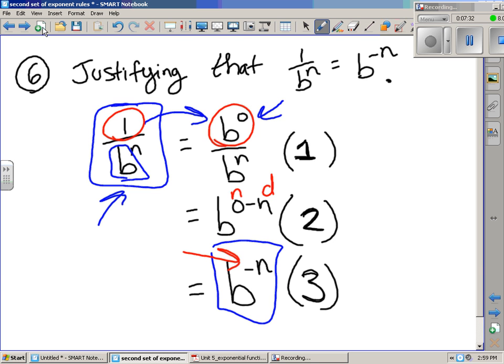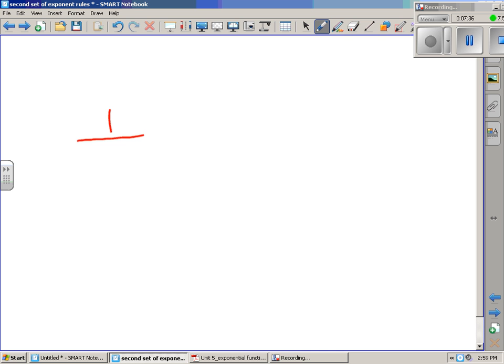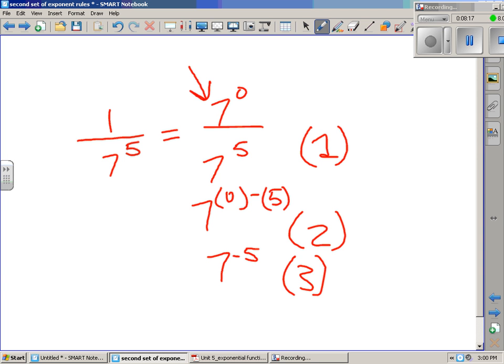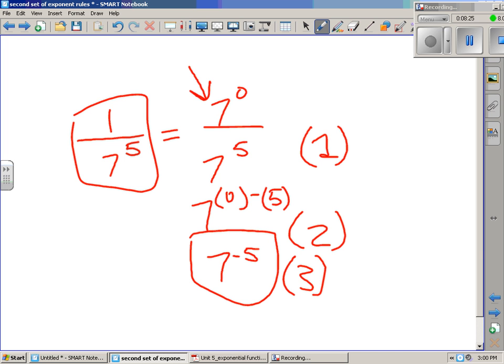Let's complete another example, and this time, instead of writing 1 over b to the nth power, we're going to do 1 over 7 to the, let's choose 5. Doesn't really matter what we use. So step 1, what we were supposed to do is replace 1 with 7 to the 0th power. It's important that this base is the same as the base in the denominator. So that's step 1. Step 2, we follow our rule and we take the base of 7 and then we take the numerator's exponent and we subtract the denominator's exponent and we get 7 to the -5th power, which is step 3. So we showed a series of equivalent forms to show that 1 over 7 to the 5th is equal to